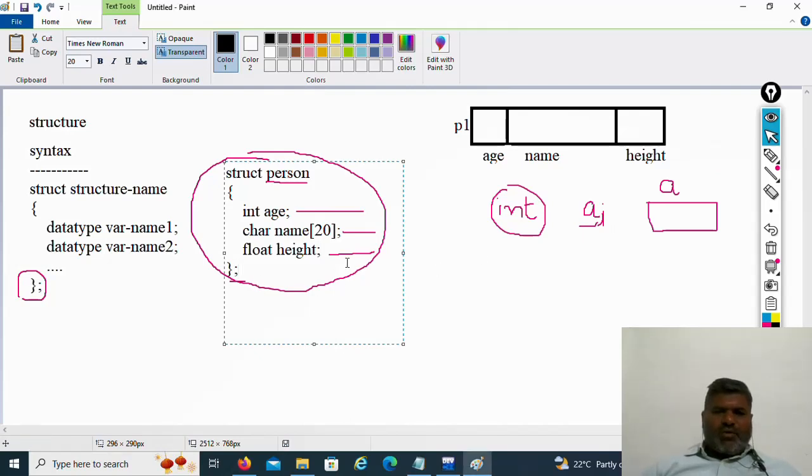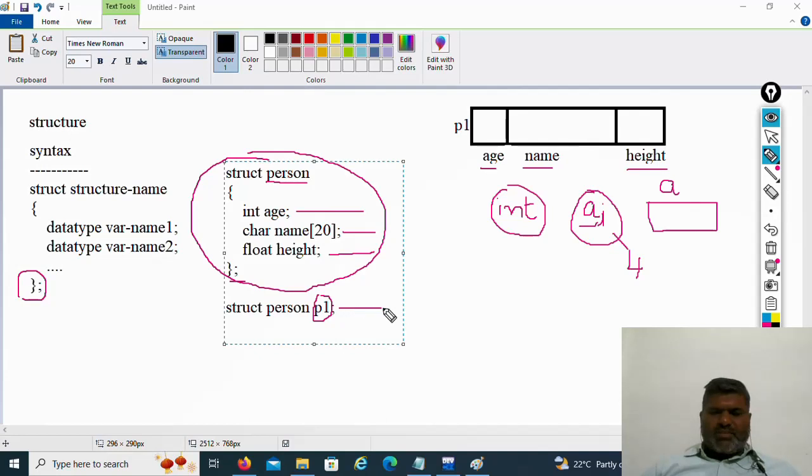Now, I want to store one person's details, so you need to create struct person P1 or P2 or P3, any number of variables you can create. When you create struct person P1, memory is allocated with the name P1 for age, name and height. Now, int a will occupy 4 bytes of memory. How many bytes of memory will this P1 occupy? The memory P1 occupies is equal to the sum of memories of all